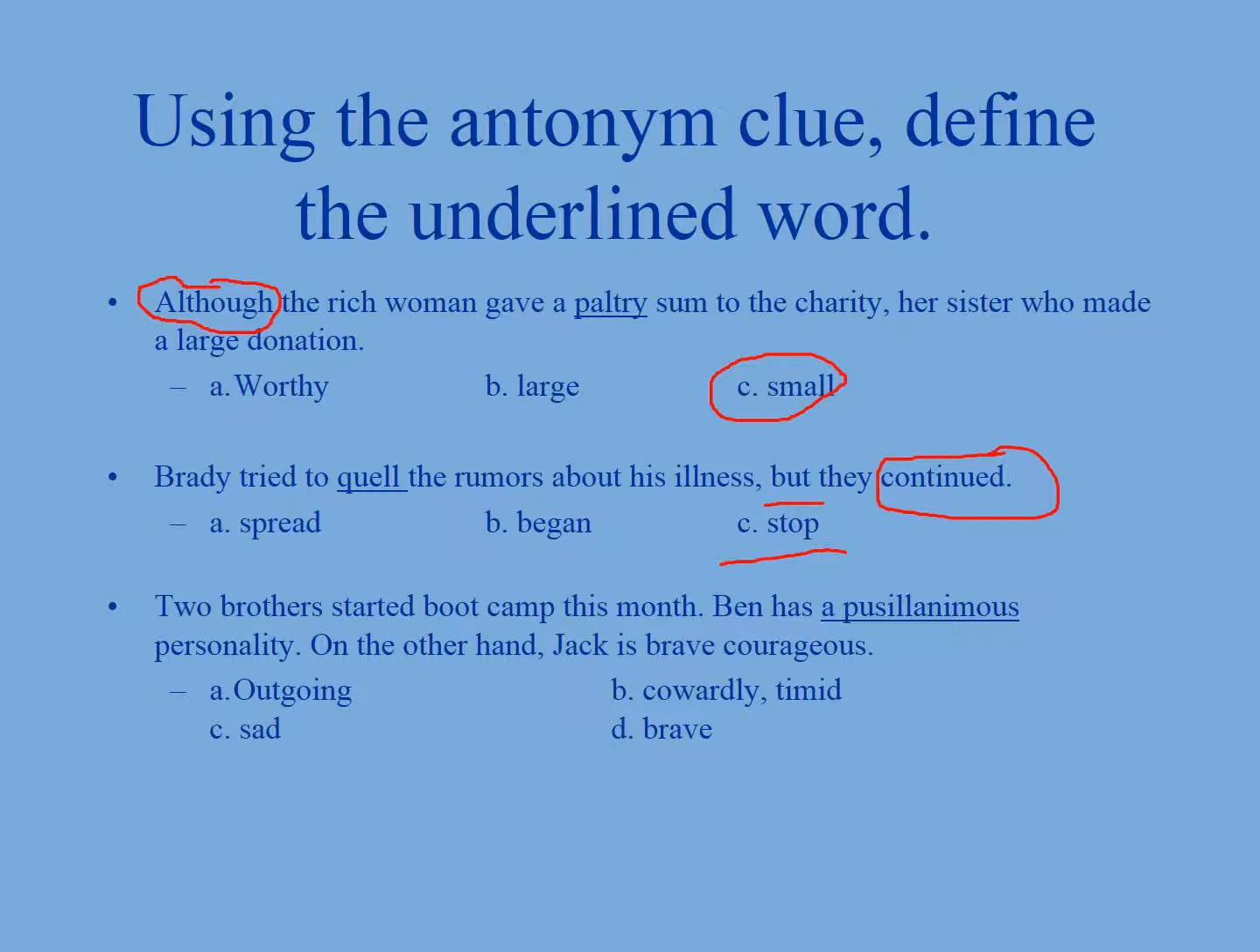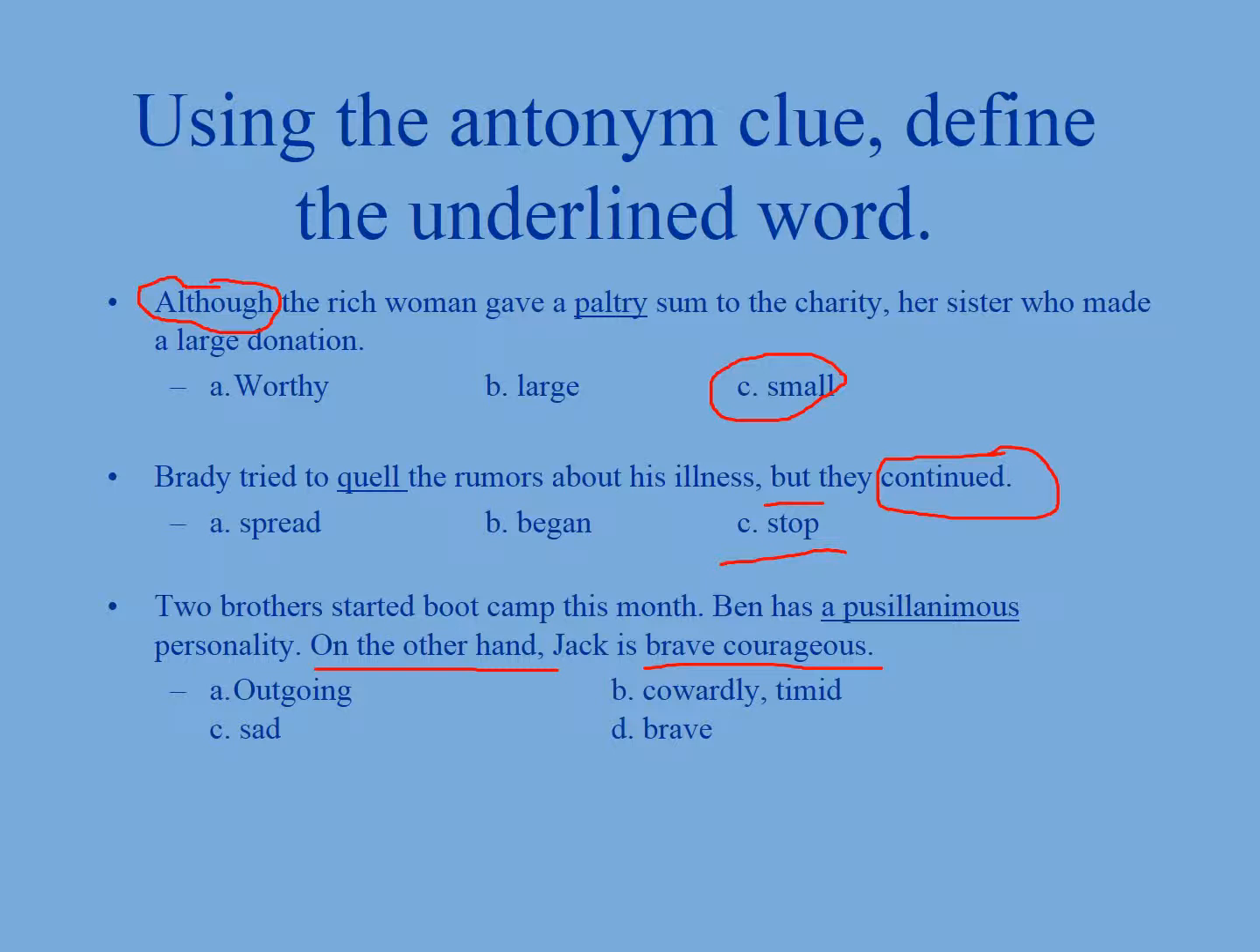Two brothers started boot camp this month. Ben has a pusillanimous personality. On the other hand, Jack is brave and courageous. On the other hand is the signal phrase that indicates that we're using the antonym clue. And so if Ben was pusillanimous and he's opposite than his brother Jack, who is brave and courageous,